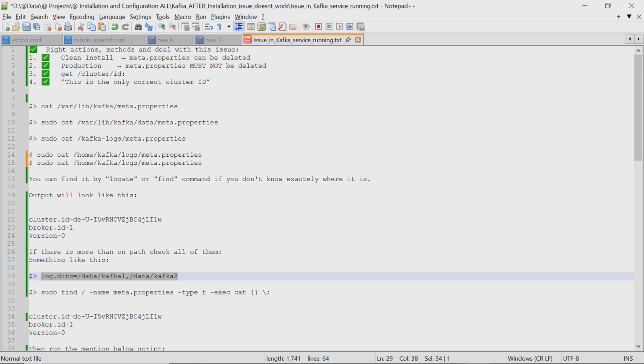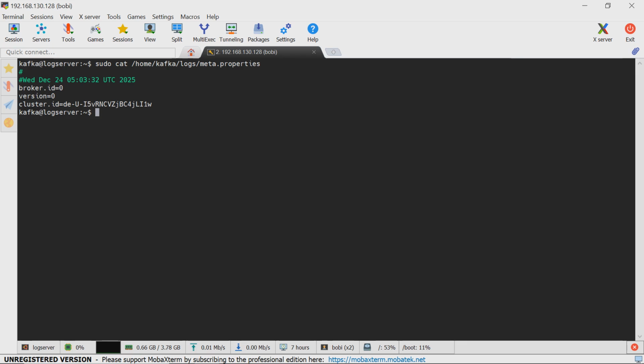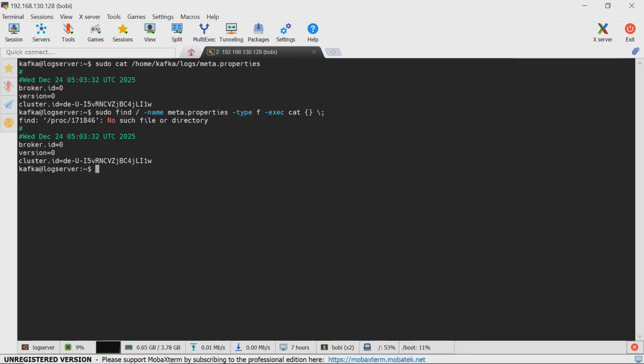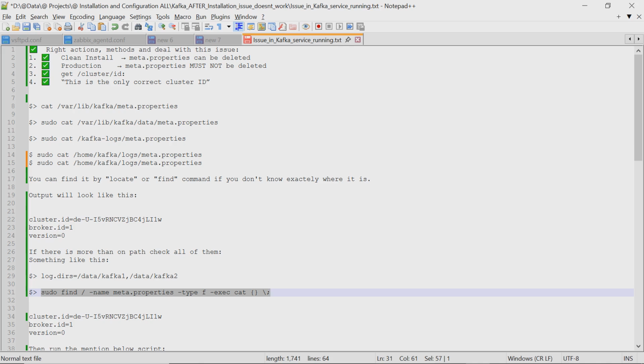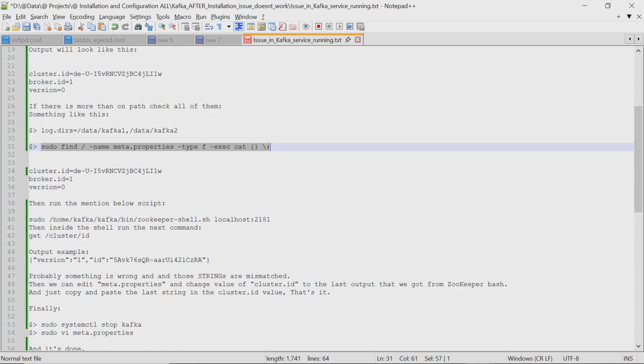We can copy and paste the cluster ID from that one here. But maybe we have two or more meta.properties files, so we have to find all of them by sudo find / -name meta.properties -type f -exec cat {} \;